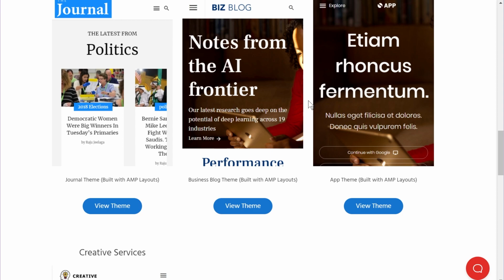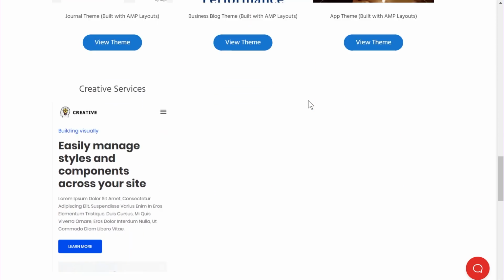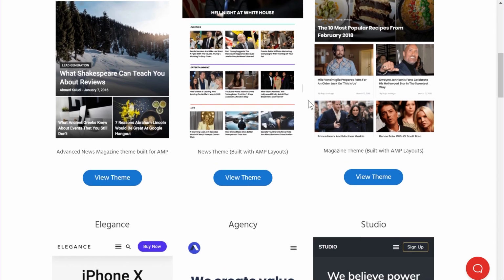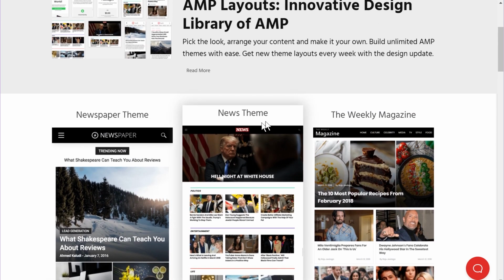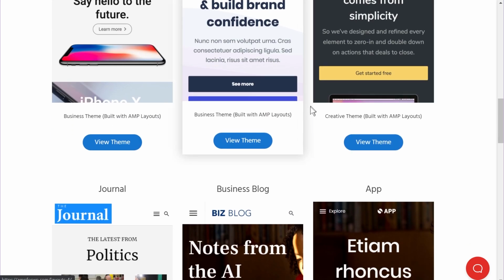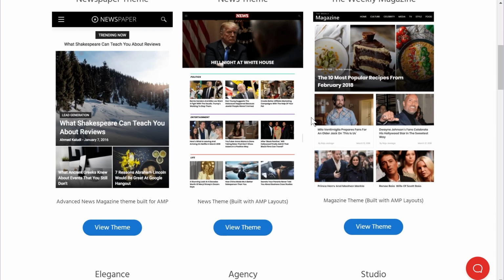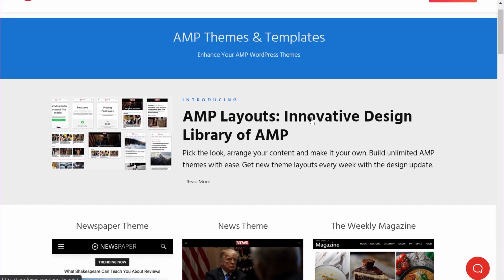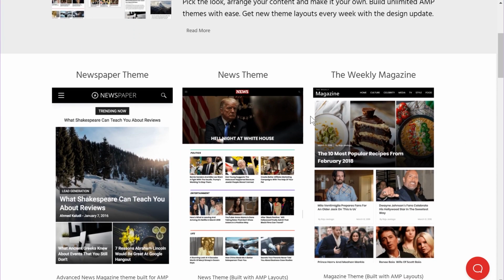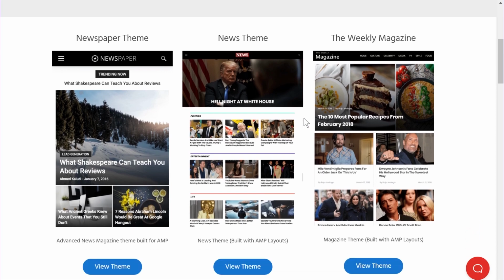Now, that's not the end of the world. Most of the themes that they've developed are pretty good, and they have a decent range of different kinds of themes. They have a newspaper type theme, magazine type themes, and other kinds of themes. And interestingly, they also have the AMP framework. So if you have developer access, or some designers on your team, then you can use the AMP framework that they've developed to create a completely exact copy of your existing theme for AMP.